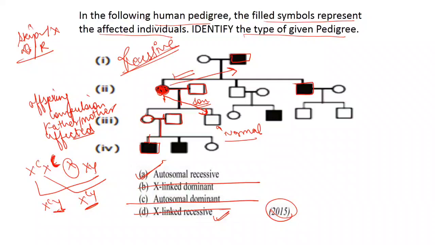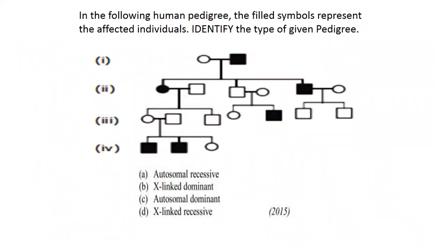Okay, here why is it autosomal? Because here the son is not affected, but the female is affected. So from here we come to know that it is an autosomal recessive condition. If you want, we can apply it also. It is small a, capital A, small a. It is crossed, then it will be small a, capital A and small a. It will be small a, and it will be capital A, capital A.